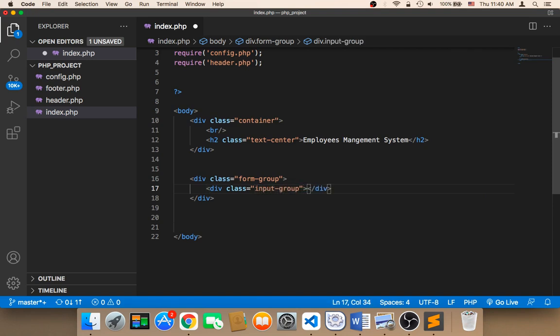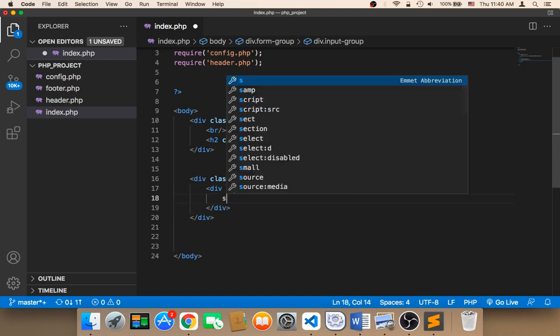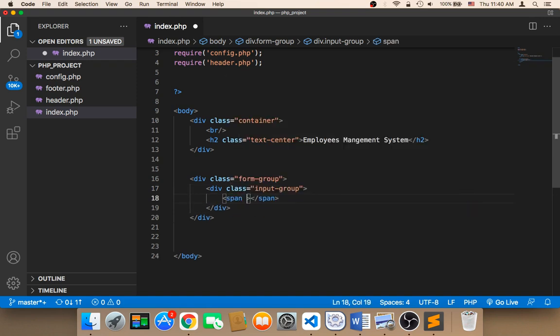Then inside this we need a span, and this span I'm going to give a class. The class is input-group-addon, and then I'm going to say Search,